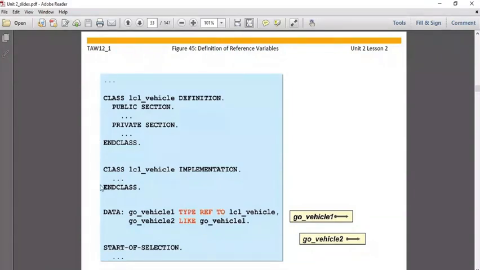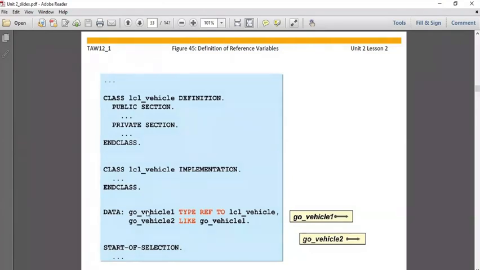Generally we define the main function after the keyword START-OF-SELECTION, and above this START-OF-SELECTION, when we declare the reference variable and the object, that becomes the global data objects. So you can see, this is our definition part of the class, and this is our implementation part of the class. Then we are declaring some objects, so these objects are global, and the main program always starts with START-OF-SELECTION.